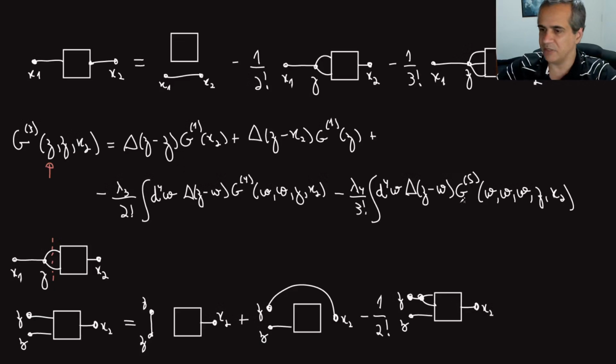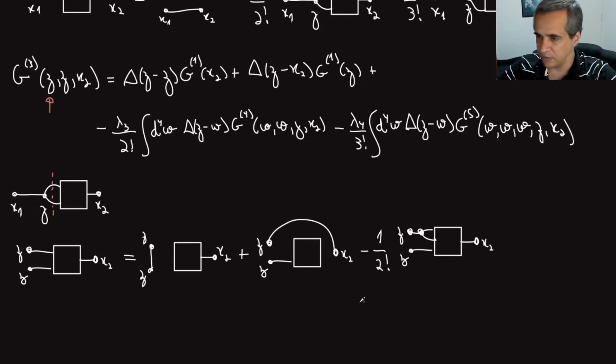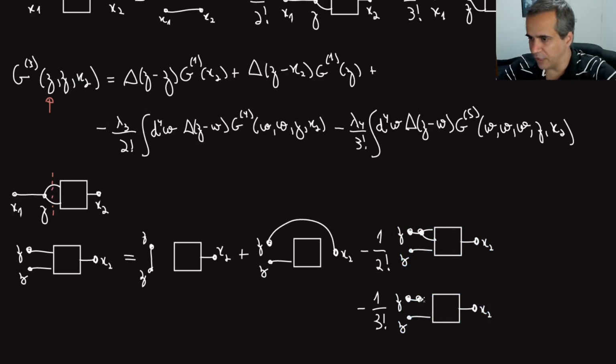And the last piece here is just minus 1 over 3 factorial. Same thing, but with a third line, right? So now there are 3 lines going to w here, and this box ends up having 5 external lines, so